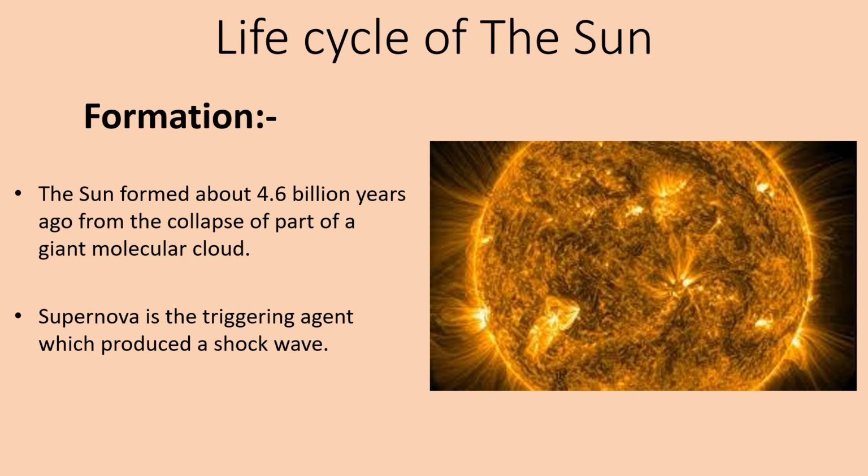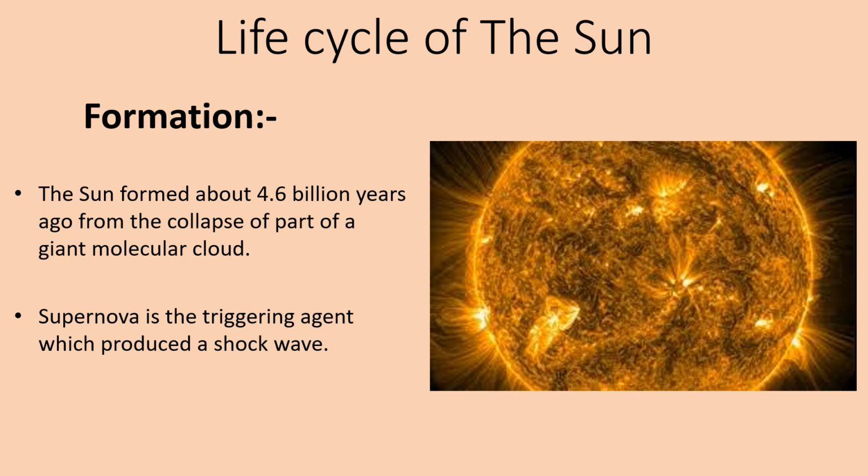Now we have learned previously that a giant molecular cloud does not collapse by itself. A triggering situation is required for it. Studies indicated that this triggering situation occurred when one or more supernovae must have occurred near the location where the sun formed. Thus, a shock wave from the nearest supernova would have triggered the formation of the sun by compressing matter within the molecular cloud and causing a certain region to collapse under its own gravity.